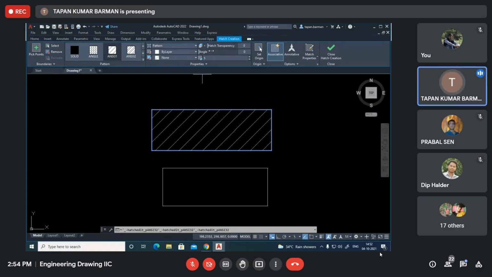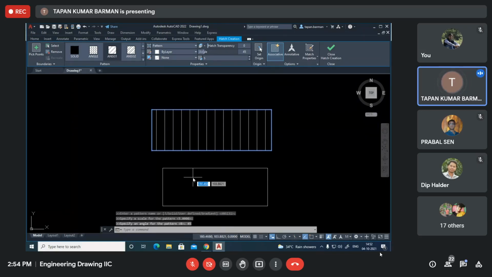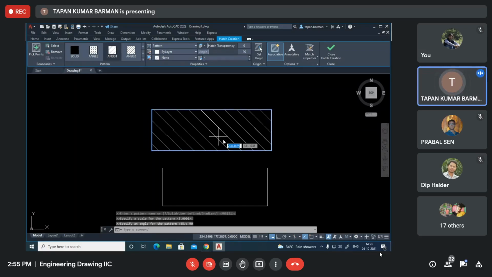Here you see the angle value is 0. But when we are taking this ANSI 31, angle 0 means the hatch lines have been drawn using a 45-degree angle. Suppose here I want to make it 45 degrees. Then 45 plus 45, 90, should be the hatch lines. You see vertical lines are drawn. If I put say 90 degrees, then 135 degrees should be there. Is it clear?